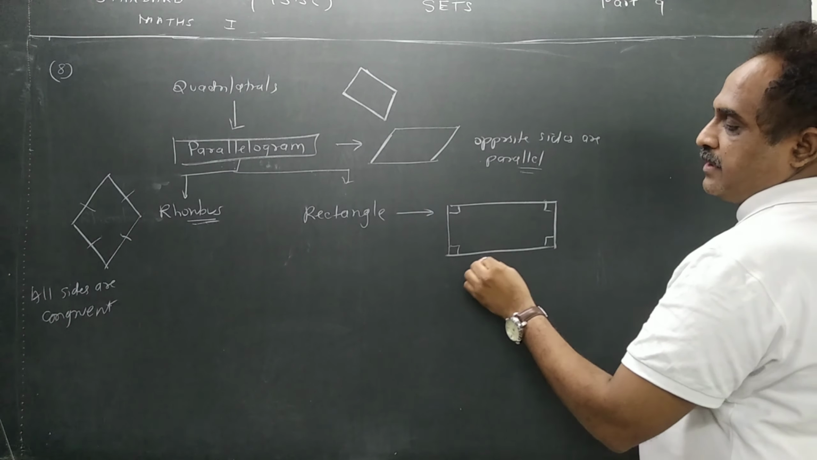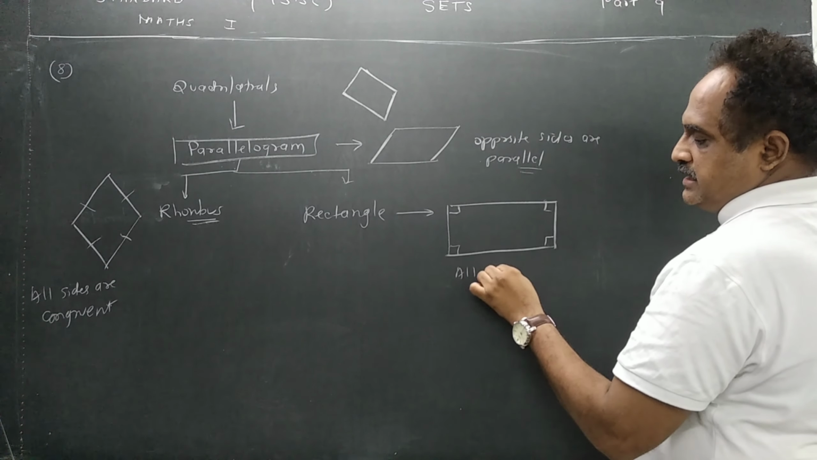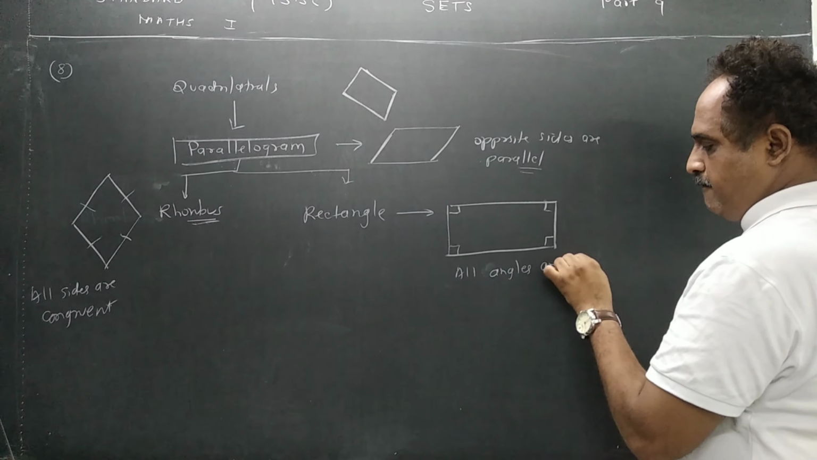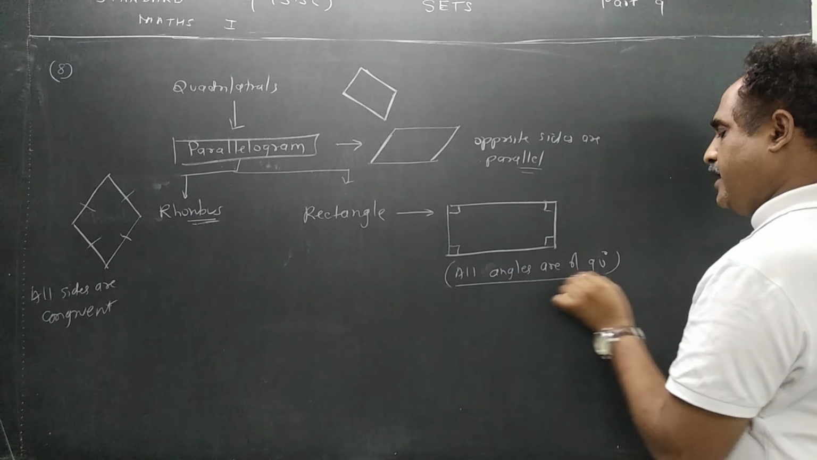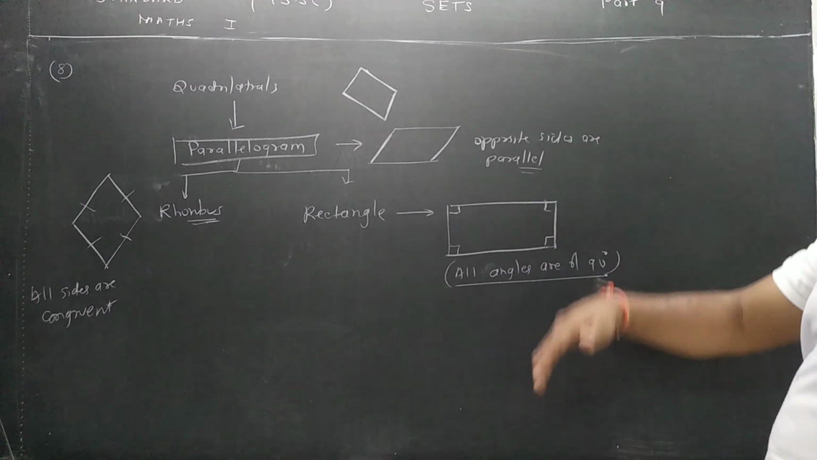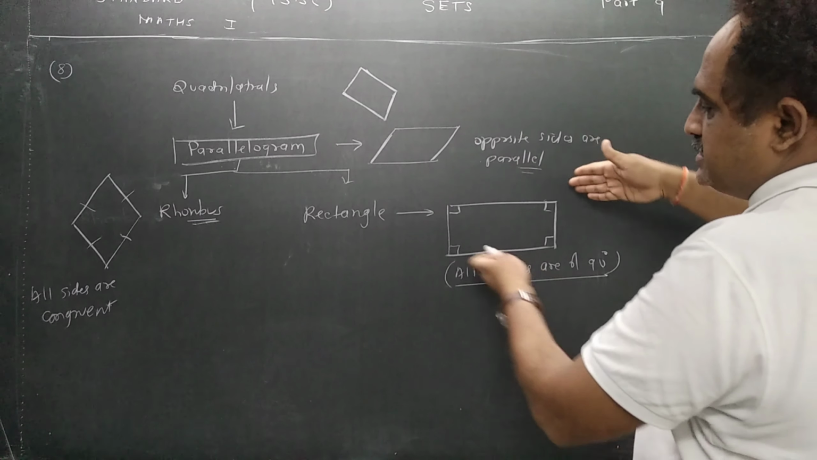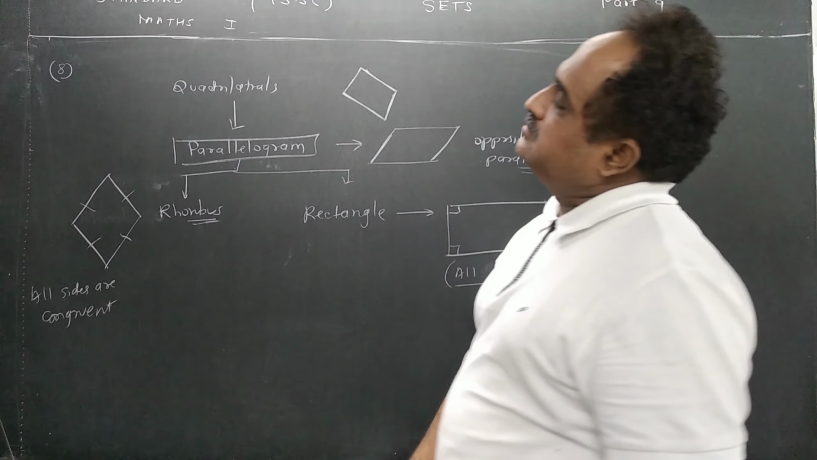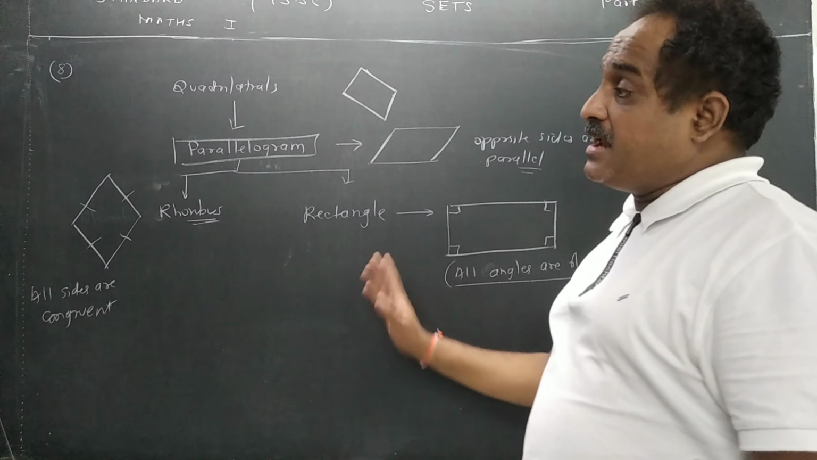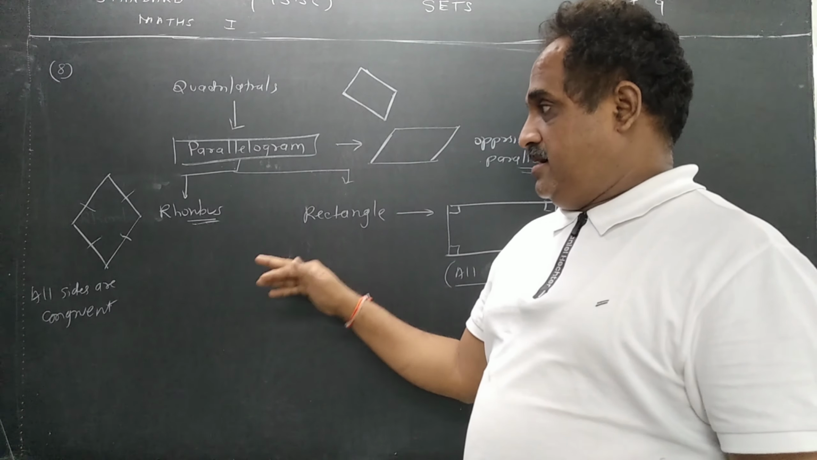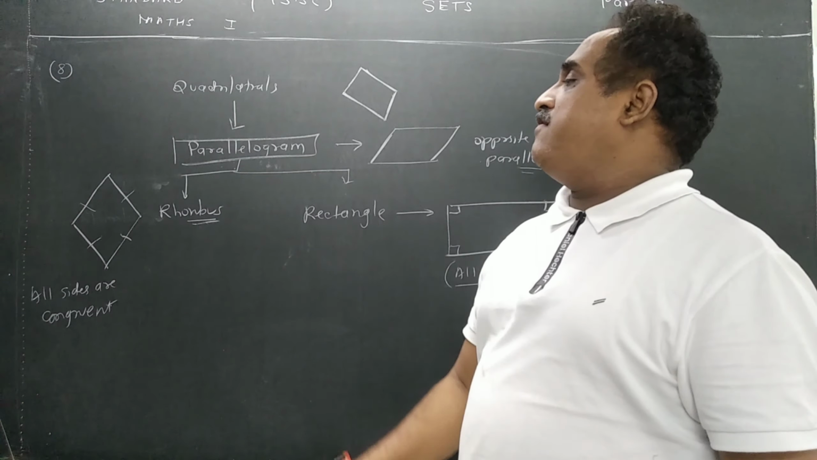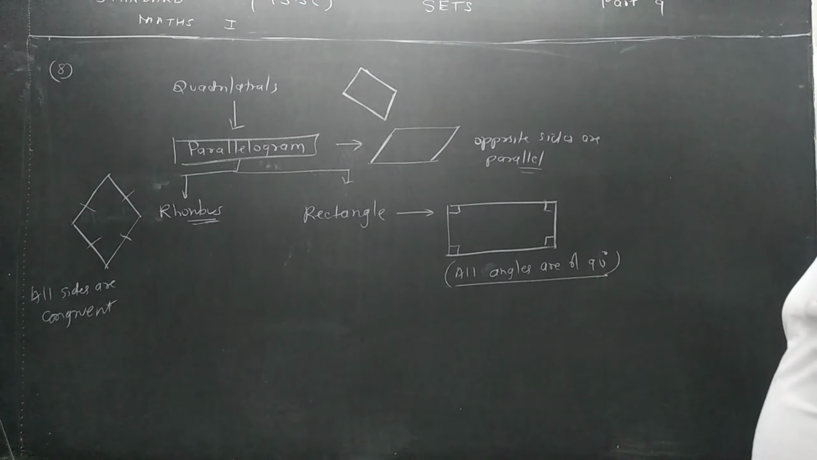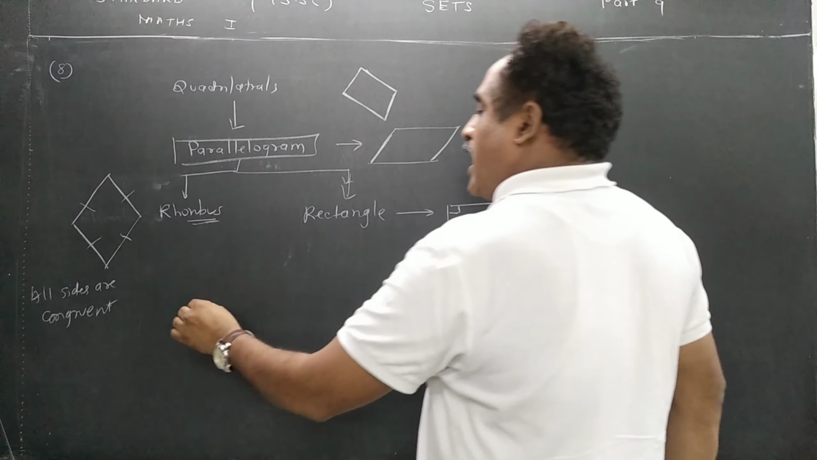Rectangle is a... all angles are of 90 degree. But to make all angles 90 degree, the sides become parallel. So rectangle is a parallelogram, but I cannot say rectangle is a rhombus. They are different, but both follow the property of parallelogram. Is it right? अब इन दोनों का एक चेला है